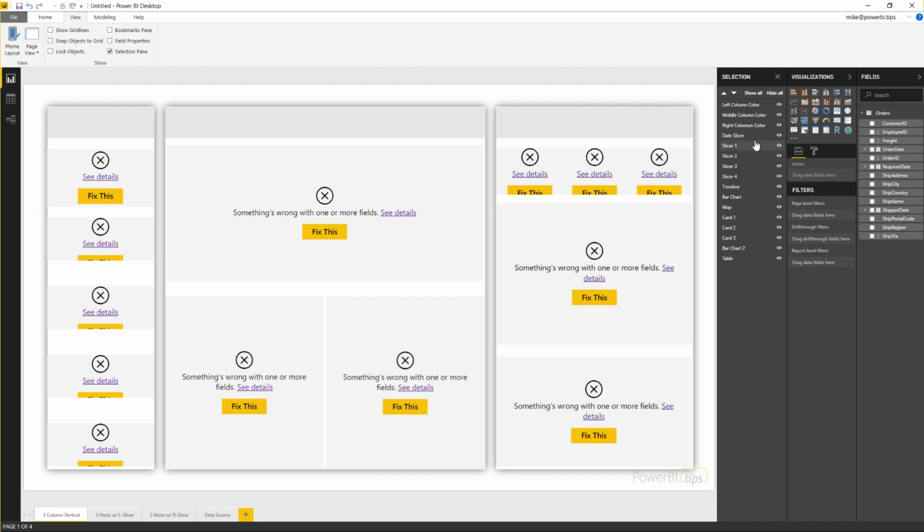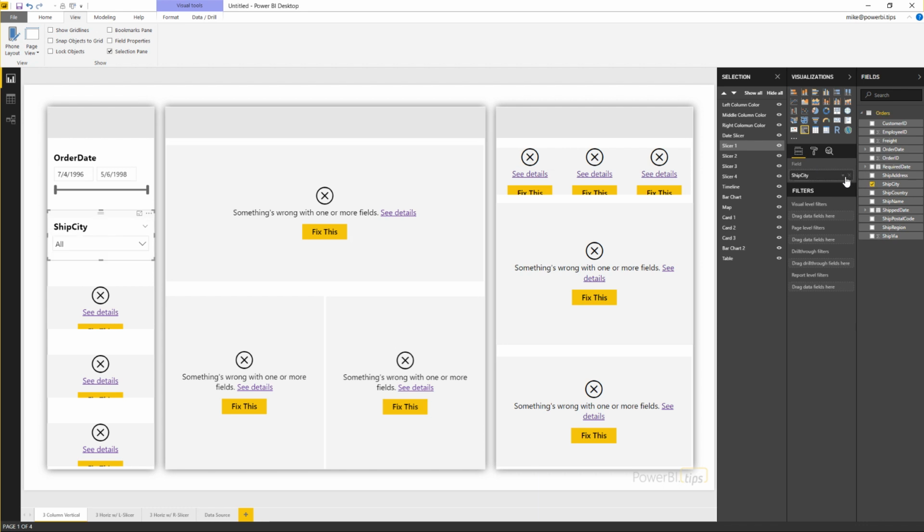So we'll start up here at the date slicer. First, we'll grab order date, and we'll add it to the date slicer. Order date on the field. And you'll see that now it has dates already applied and the slicer's properties are correct. Let's add some categories to slice and dice by as well. So let's click slicer number 1 and let's add